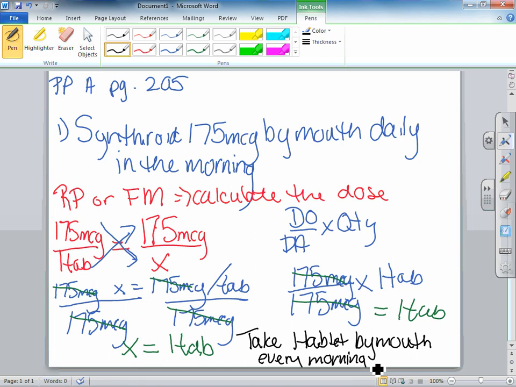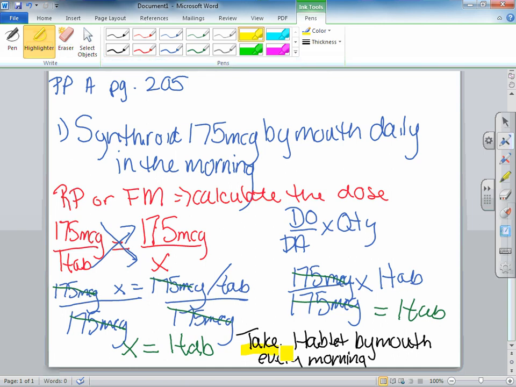Remember, your prescription label is what the patient reads every day when they pick up their prescription bottle to take their medication. So it has to be a complete sentence. All right, a complete sentence, no abbreviations, a full-out sentence. So let's see. If it's a complete sentence in the format that I've told you, I have a verb, which